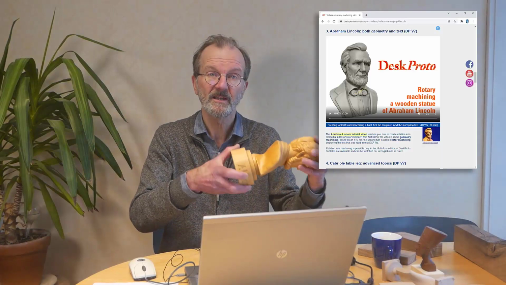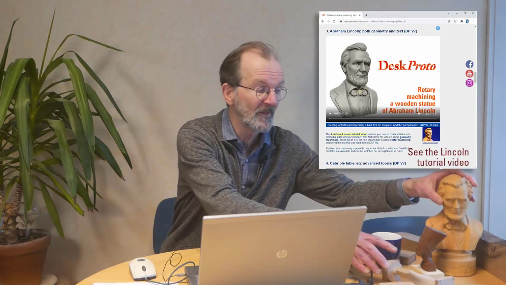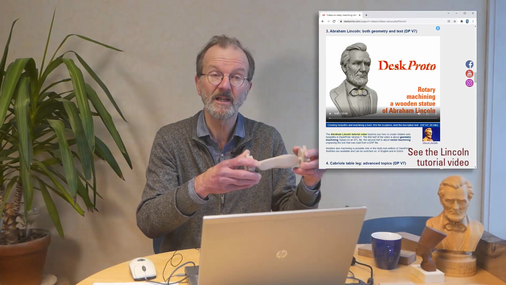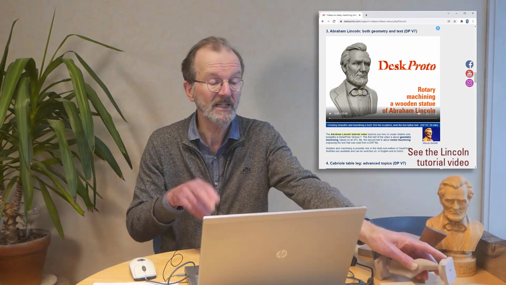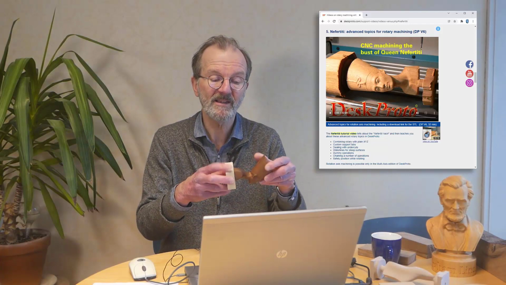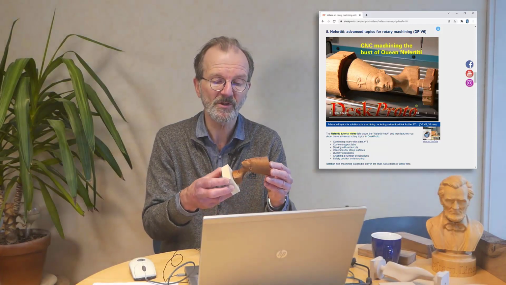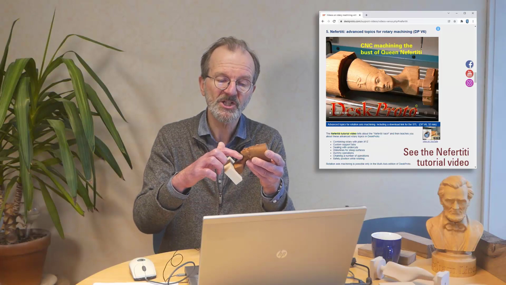So for many geometries, here for instance this Abe Lincoln or any human head, the simple continuous rotation gives optimum results. It's also possible to combine both methods. This has been done using rotation axis. Below the chin was an undercut, and we used index machining to remove the material over there. Okay, continue. Now the actual tutorial video that I was talking about.